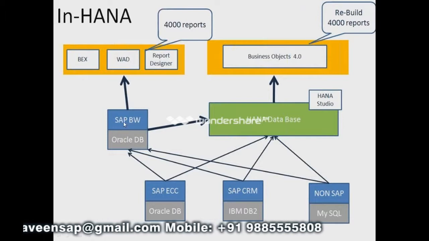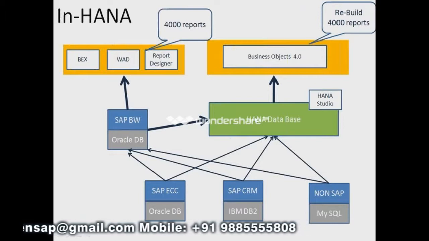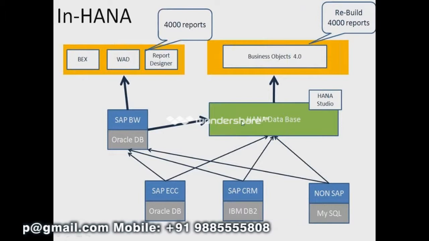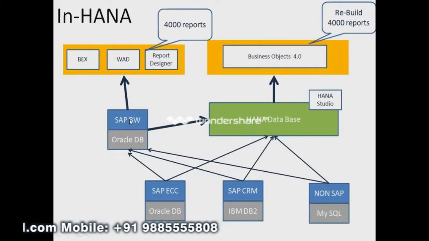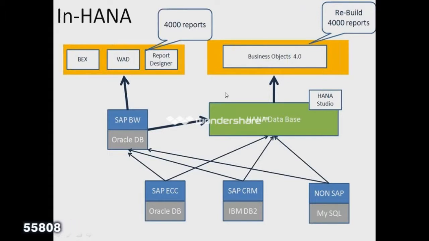And this is a somewhat bigger picture of HANA again. This is the traditional SAP BW, and using HANA and HANA Studio we can directly use the existing reports also, like this, which will be faster. And on top of this BW, we can also use Business Objects tools. So depending on the client requirement, we can use it anywhere. As I've already told you, HANA is very flexible. It can just go and fit anywhere. I'll show you a bigger picture in the next slide.